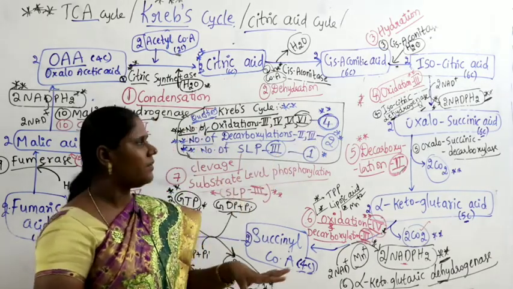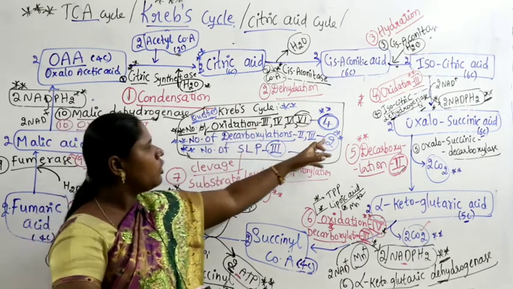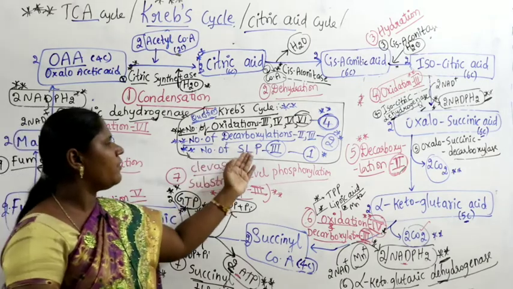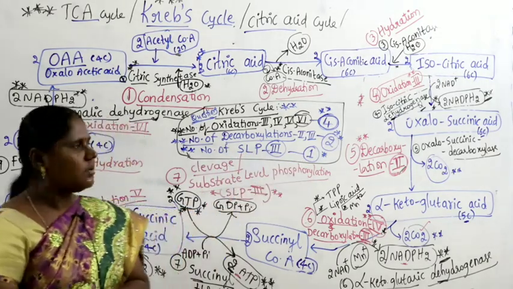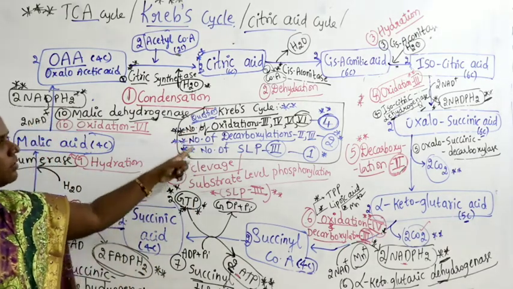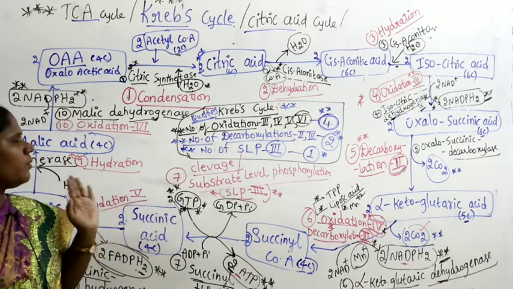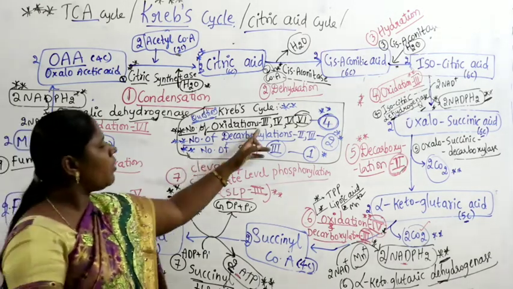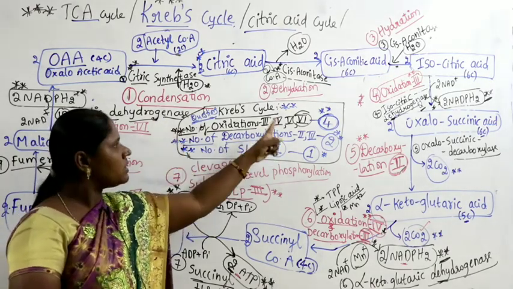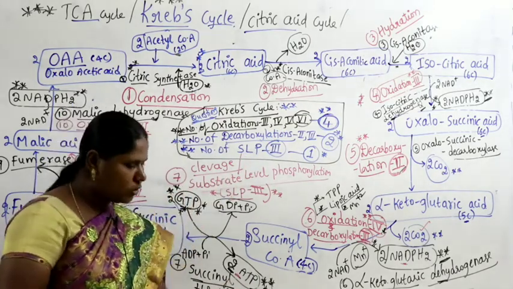Sometimes the question will ask for the ratio between the number of decarboxylations and oxidations, which means 2:4, that becomes 1:2. The number of substrate level phosphorylations is 1. These things are very very important. Make sure that you copy down these note points, and you have to remember where oxidation numbers 3, 4, 5 and 6 happen. Start writing the note points.